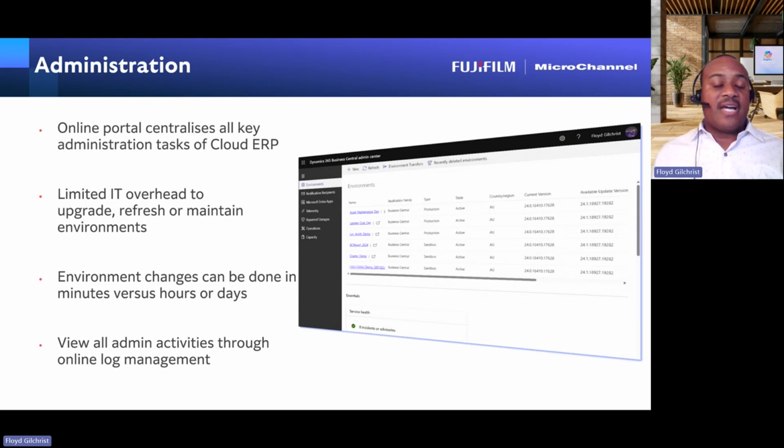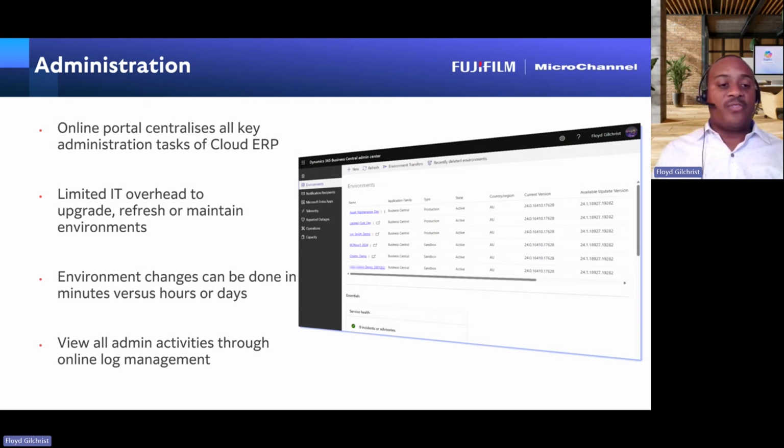The benefit here is that IT departments love this because it ultimately limits the overhead that's required to maintain those environments and set up all that backend configuration. It's already ready to go, and to manage. And even if you're not within IT, it's still very easy for a non-technical user to do day-to-day operations in that environment. The other benefit I'll showcase is just how simple it is to do things such as refreshing environments and creating new environments, things that traditionally on-premise would take days or maybe hours, you can do within minutes.